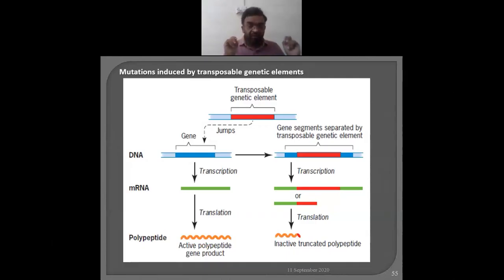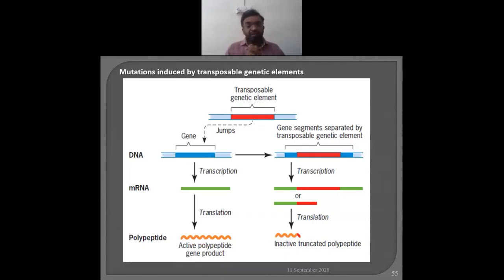But in our definition of mutation, whenever that particular gene vanishes or gets altered, for example, formerly the cell was producing the enzyme for lactose and later on it is not producing it, we call it a lactose negative mutant. So such things are there as far as regular mutations are concerned. In transposable elements, the positions are changed.